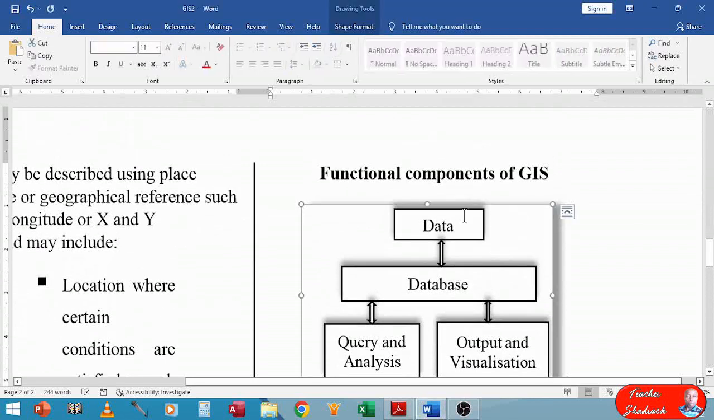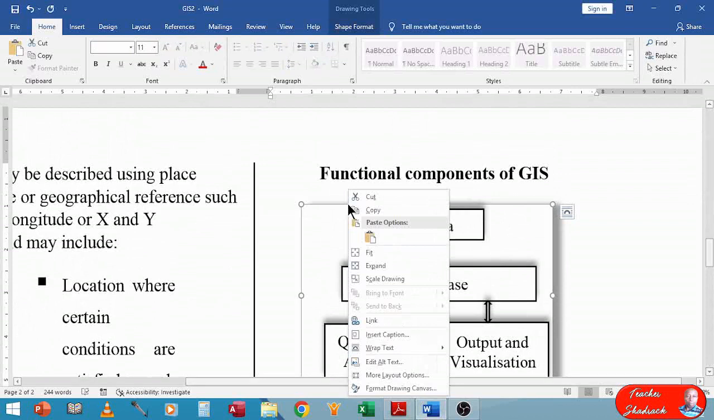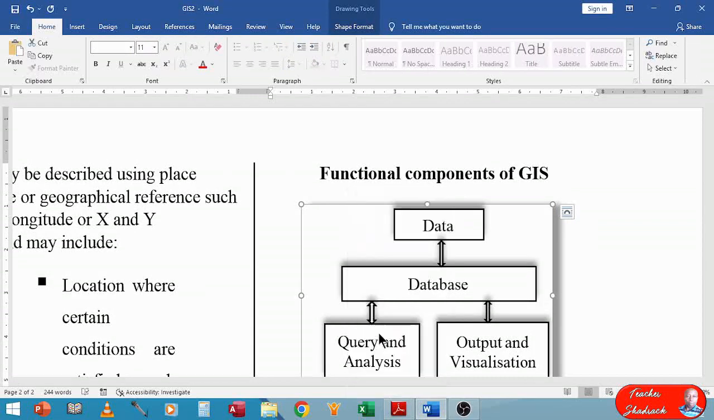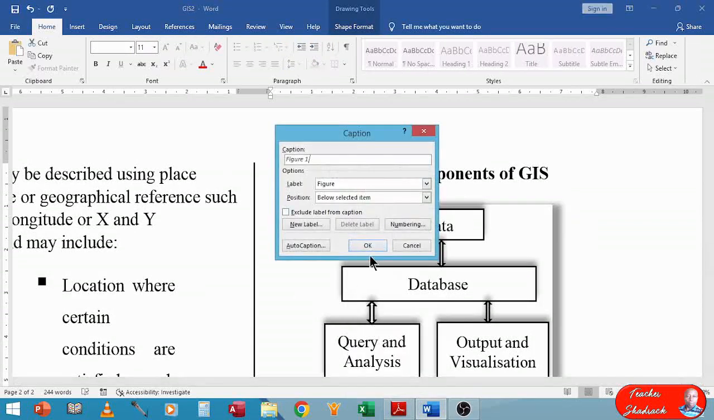You select the drawing canvas again, and somewhere along its border, you right click it, and then you choose Insert Caption. Where is Insert Caption? Down here, I have it, Insert Caption, and then Figure 1. Don't interfere with the Figure 1. Let it be automatically generated by the computer. Okay, so what we are supposed to add is the text that is appearing there,